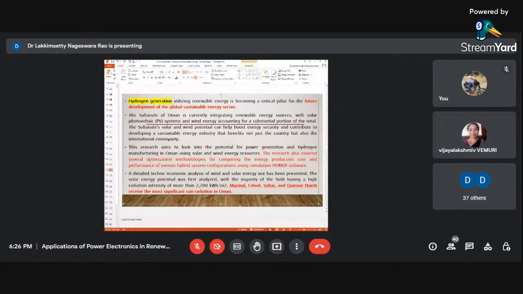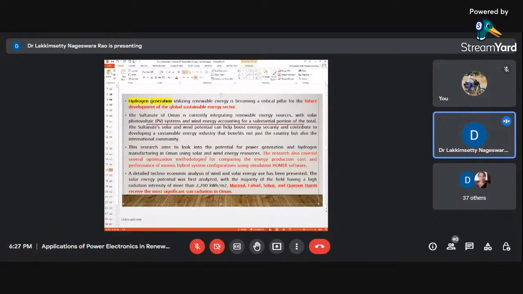Okay. The main aim of this work is hydrogen generation utilizing renewable energy. Generally, they were mainly concentrating on solar as well as wind energy, because that is the future development related to the global sustainable energy sector. Having said that, the Sultanate of Oman is having